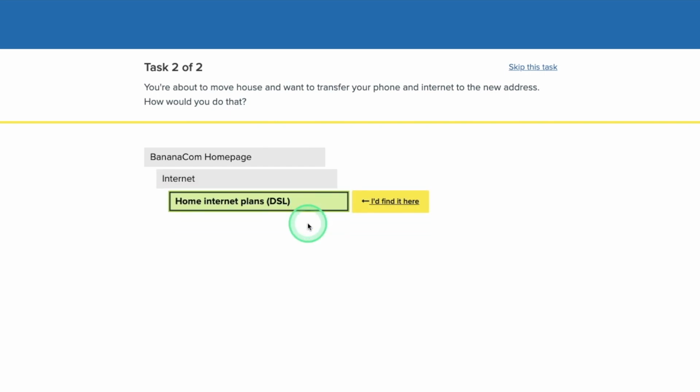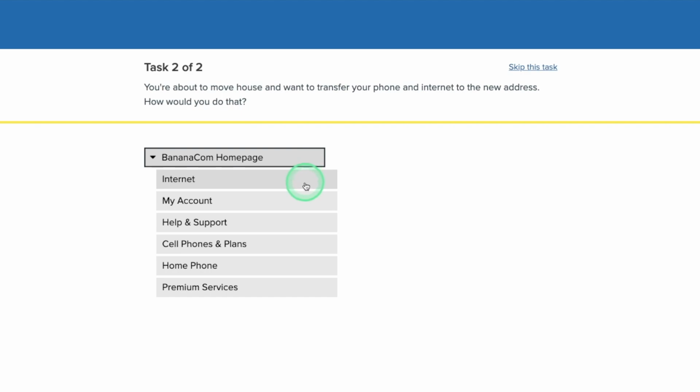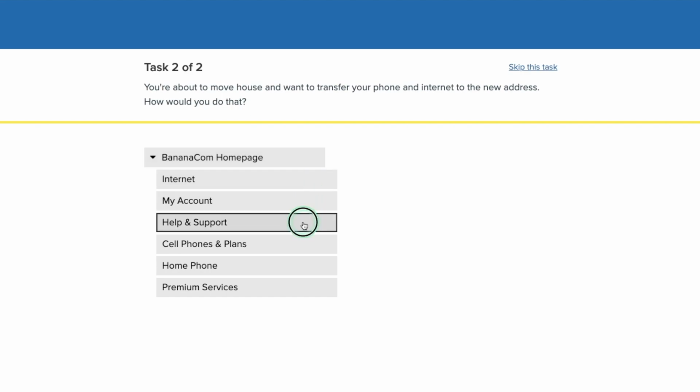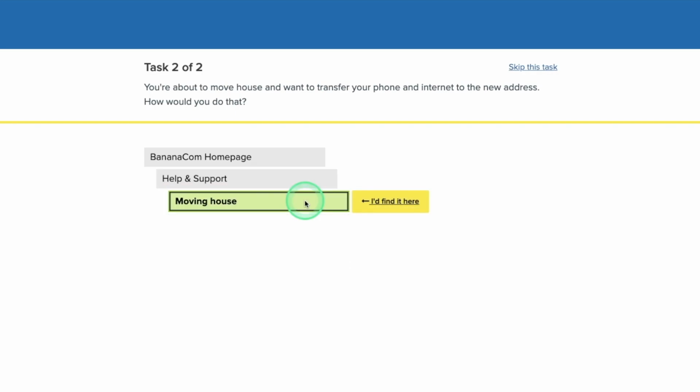Since that is the end of the path and I'm not quite sure if I can find the information in this location, I would click on the parent link to start over. This time, I would like to check out Help and Support. I now see the moving house option that matches what I was expecting. I'm happy with my choice this time, so I will click the button "I'd find it here" to end the